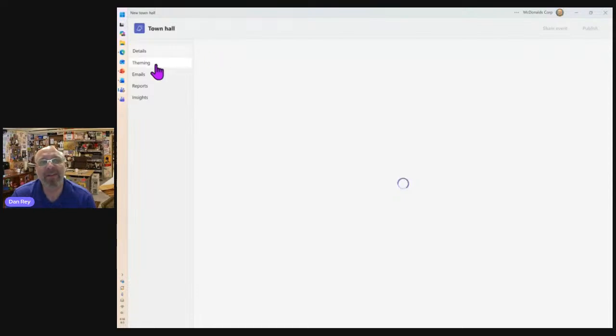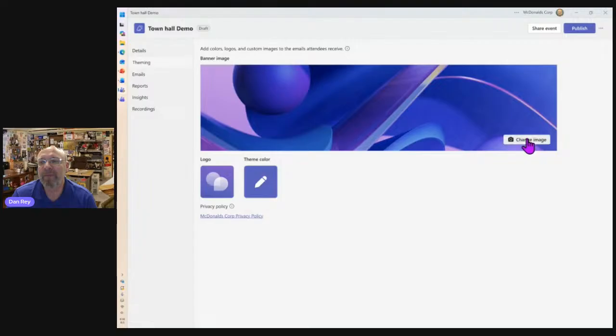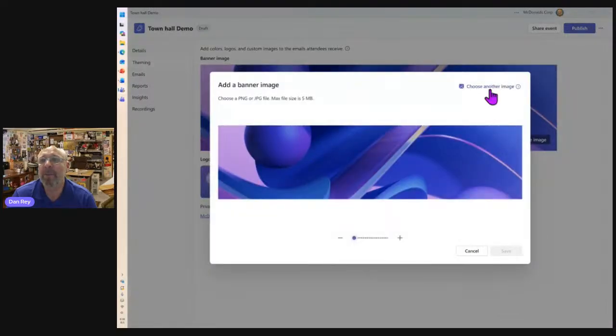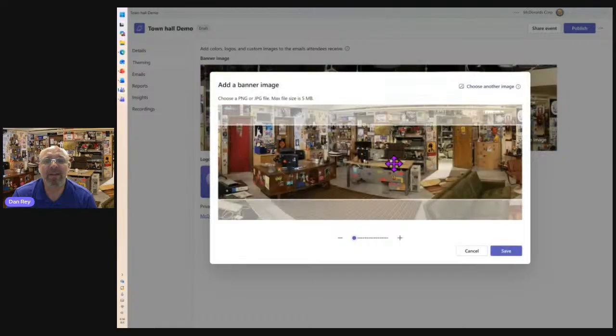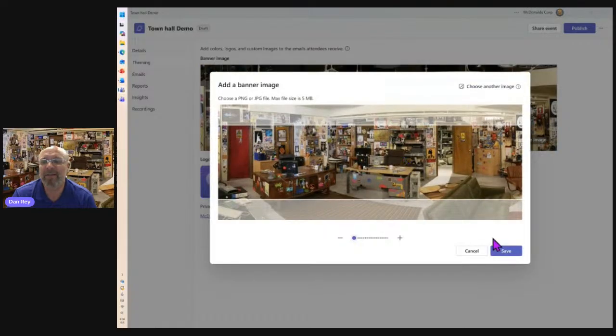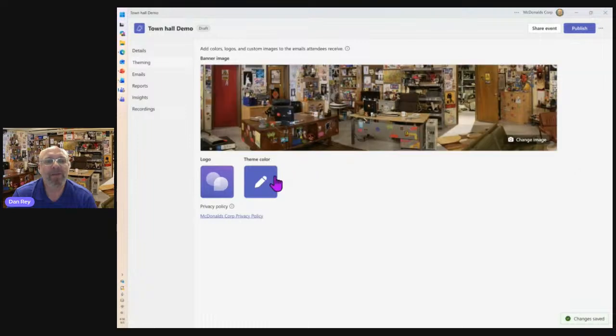So besides the details, it should come up here shortly. Looks like I'm waiting on the network to do its thing. There we go. Now we can go to theming, just change our image, choose our image of the IT crowd again, get the desks there kind of front and center,